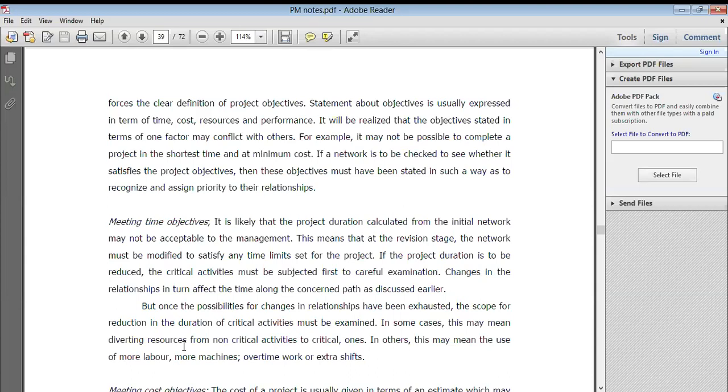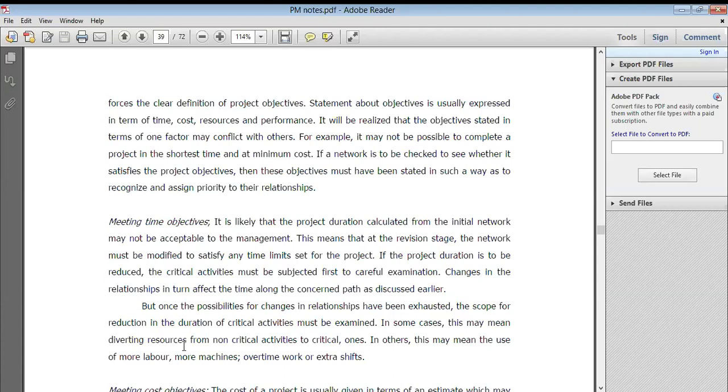This means that at the revision stage the network must be modified to satisfy a time limit set for the project. If the project duration is to be reduced, the critical activities must first be subjected to careful examination. Changes in relationship in turn affect the time along the concerned path